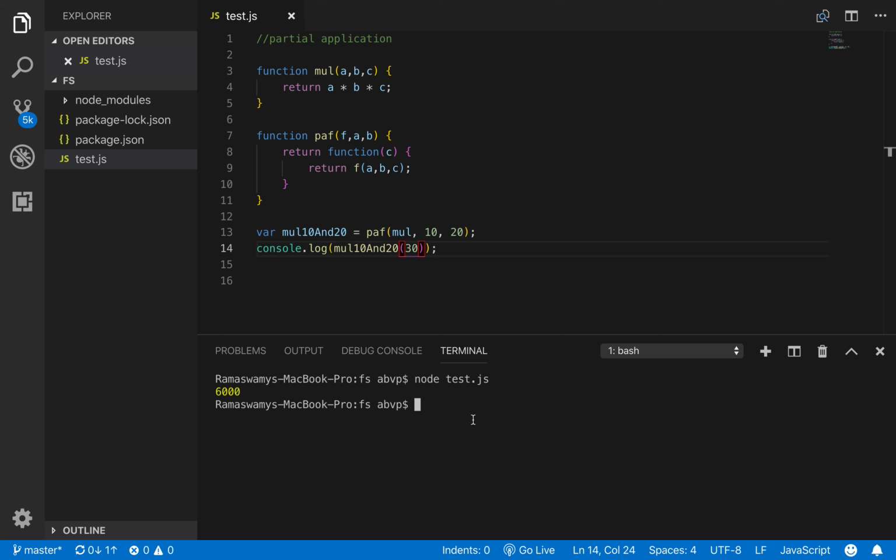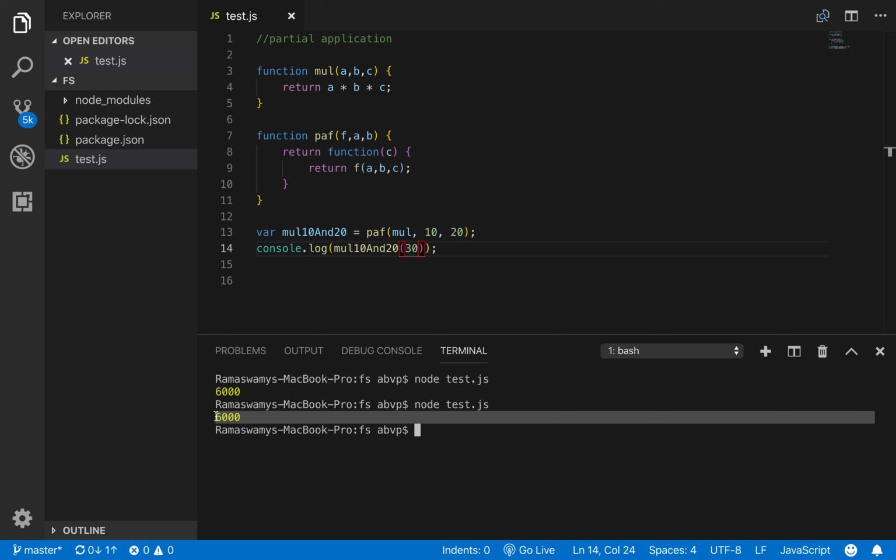Now if we run this, we again get the same result. Alright, so that is partial application function.